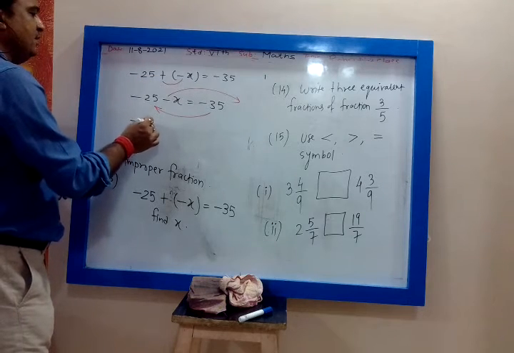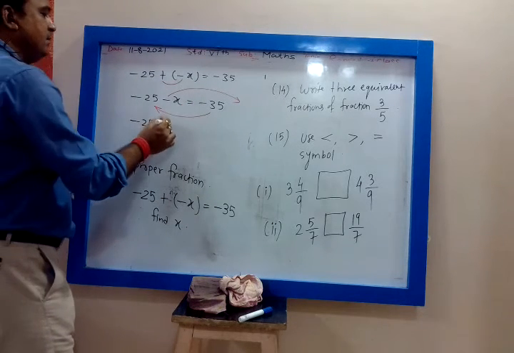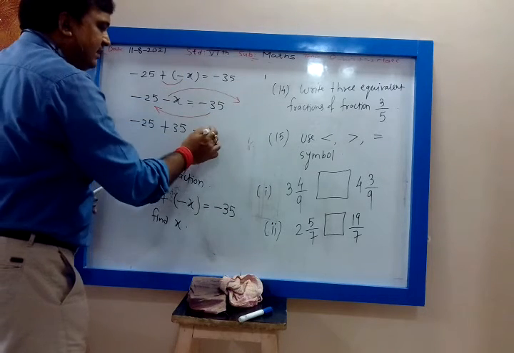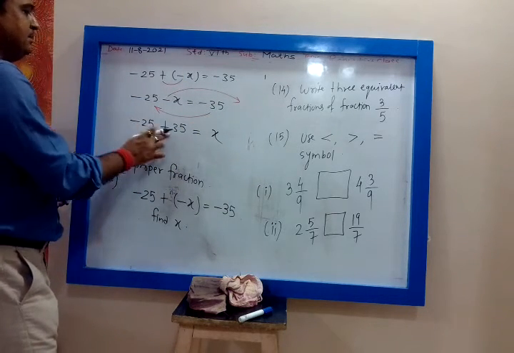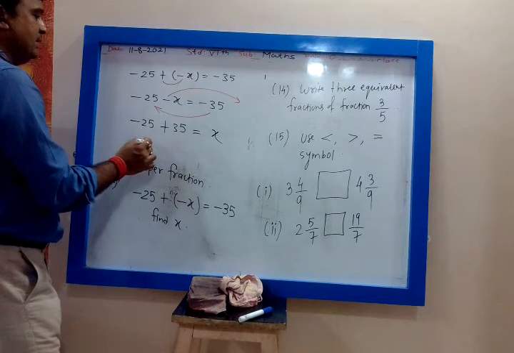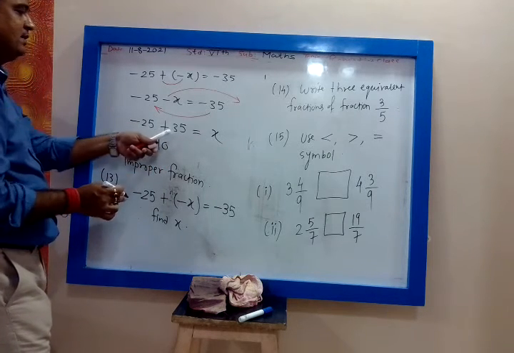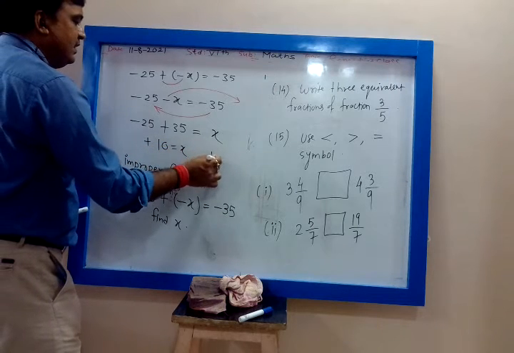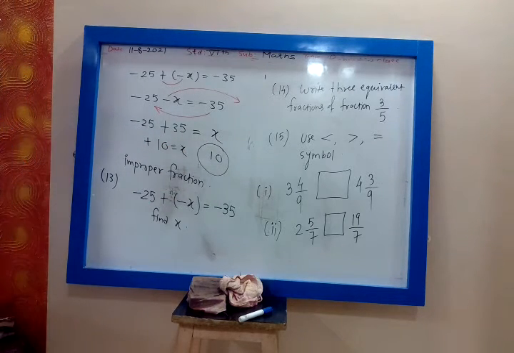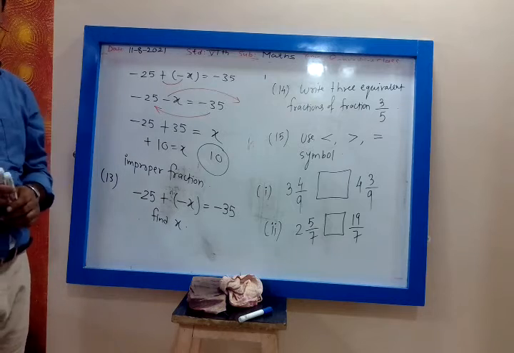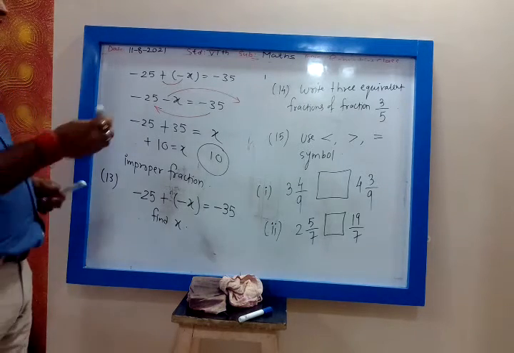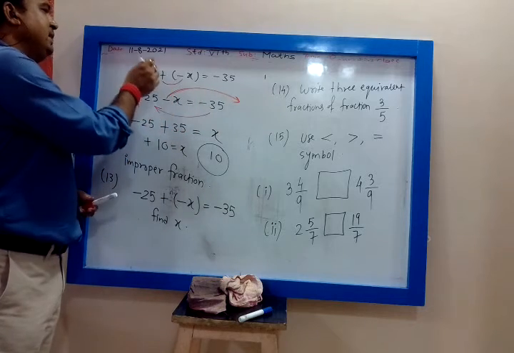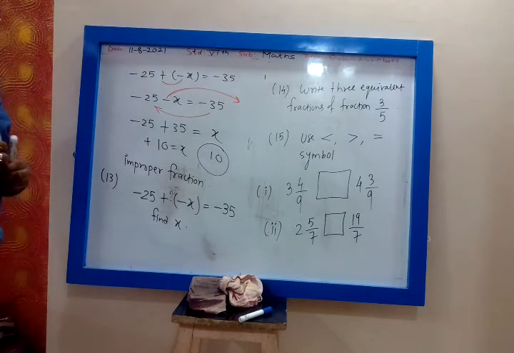So minus 25, then minus 35 will become plus 35, is equal to minus x will become plus x. Minus and plus, opposite signs, subtract. 35 minus 25 is 10. Which number is bigger? 35. What is its sign? Plus. So plus 10 is equal to x. So x is 10. Yes, Parth, understood? Yes, it is minus x, my dear, so you have to change the side of x also. If it is plus x, then no. Now do the 14th.